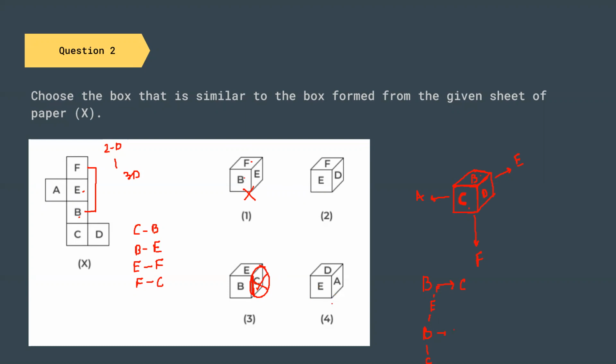Now let us look into this one. We have D and E. Obviously D and E cannot be like this, so this is also eliminated. Whatever is left is option number 2, and this will be selected. Now let us see if this follows our cube. We have E, yes, on this side. Then if we roll this cube, we will have F below. So E and F will be like this, and D on the side of it. So this is our correct cube.